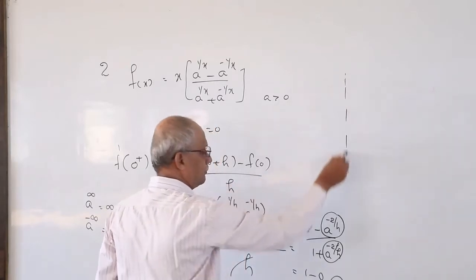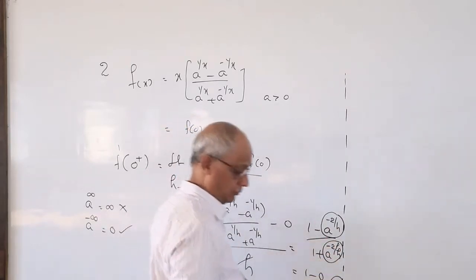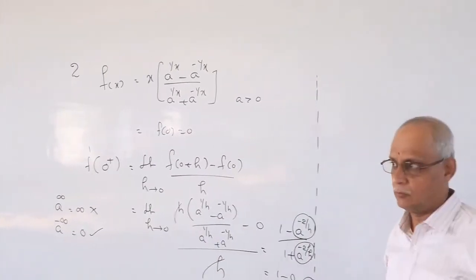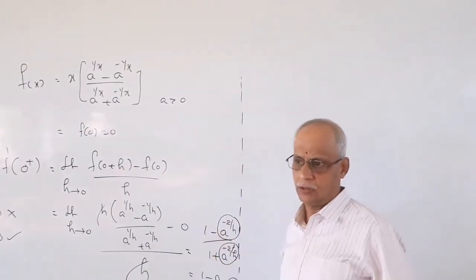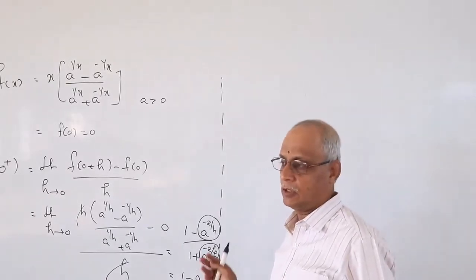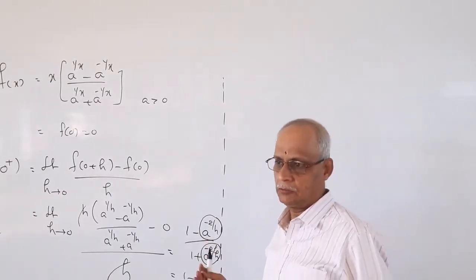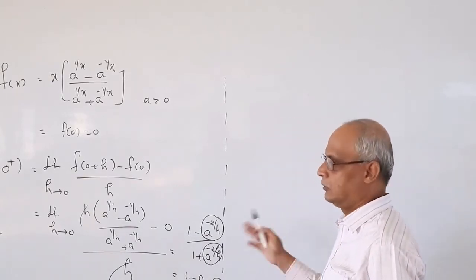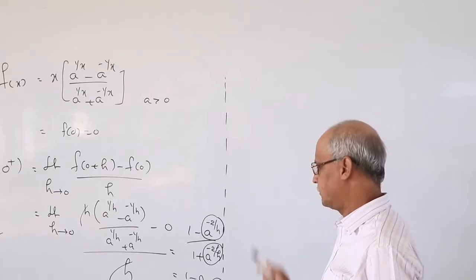Don't think it is a very big solution. In the final exam, they may ask one part of this question, not necessarily the full one, whether it is right hand derivative or left hand derivative, or right continuity, left continuity. The total solution will help for 3 to 4 varieties of questions.